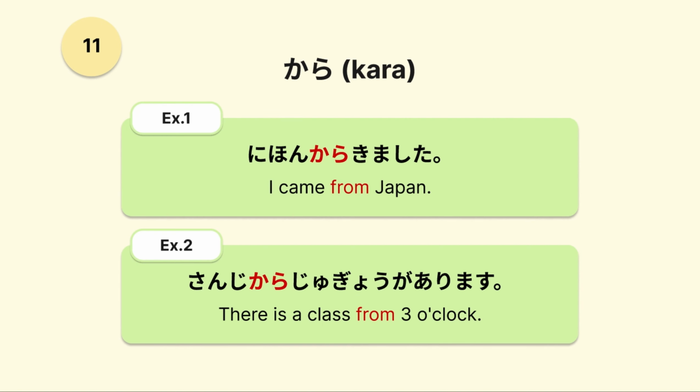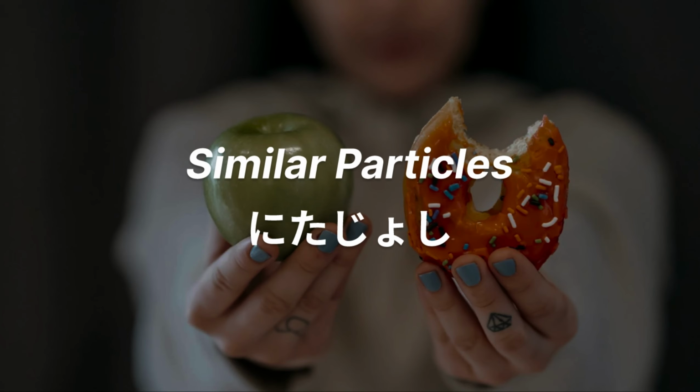For example, 日本から来ました。I came from Japan. Here, "from" is から。Example 2. 3時から授業があります。There is a class from 3 o'clock. 3 o'clock is the starting point here, so we need "from" as から。